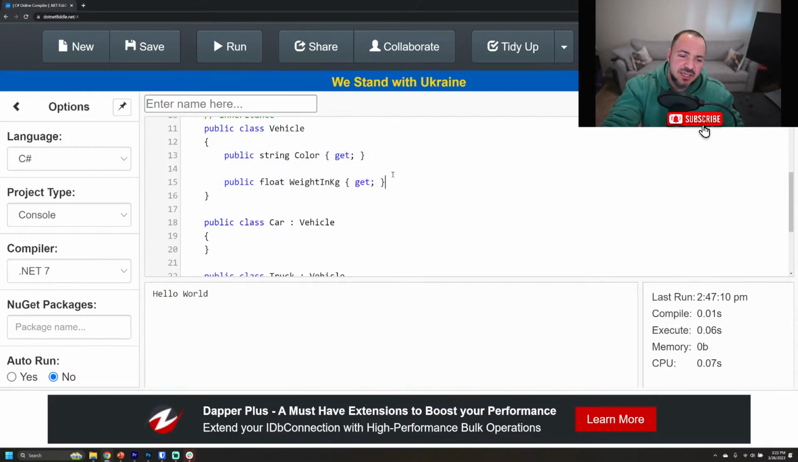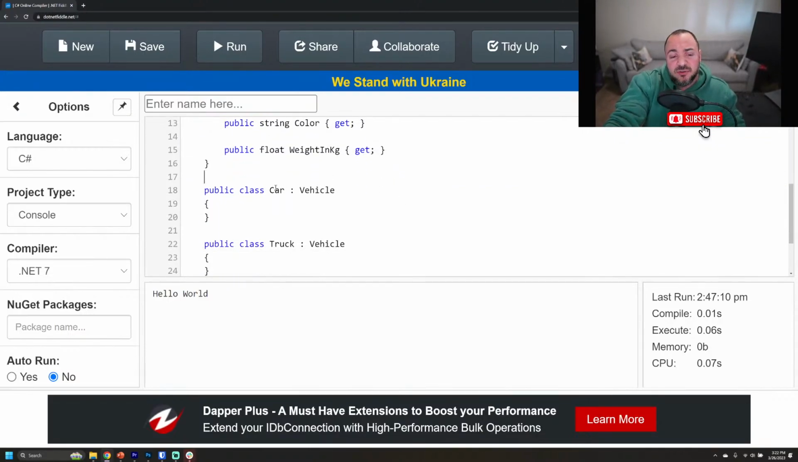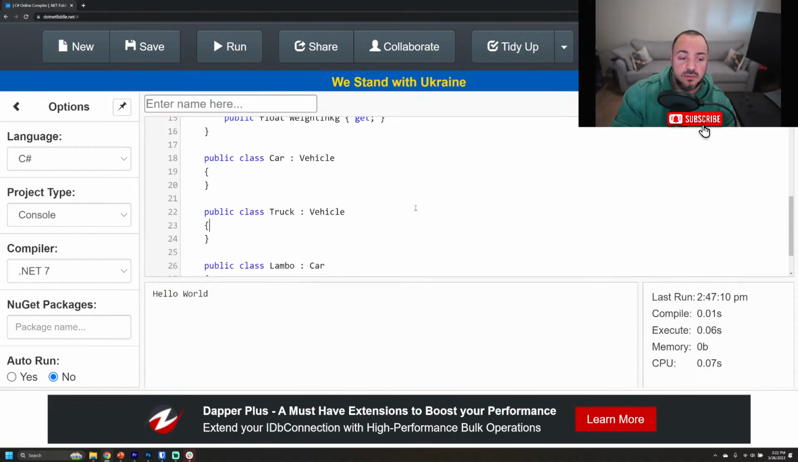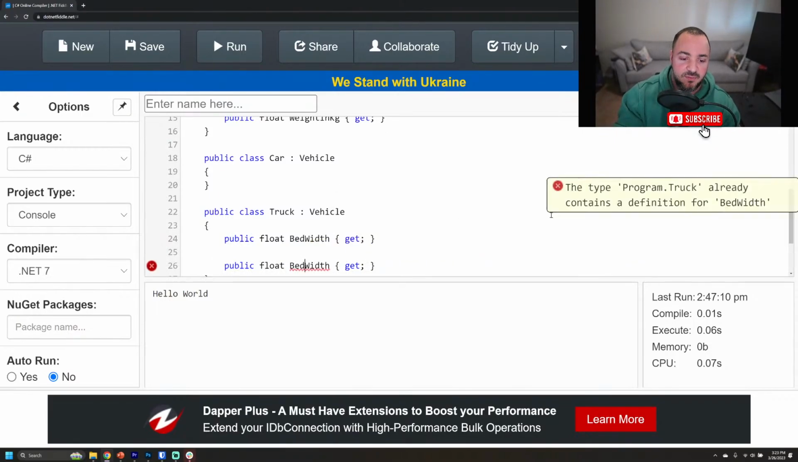Okay, so how do we make this feel a little bit better? How do we start looking at what differentiates a car from a truck? Well, we could say that maybe by definition, all trucks have beds on them. So what we could do is public float bed width. Sorry, the microphone's right in my face and I can't see my keyboard as I type. Bed width